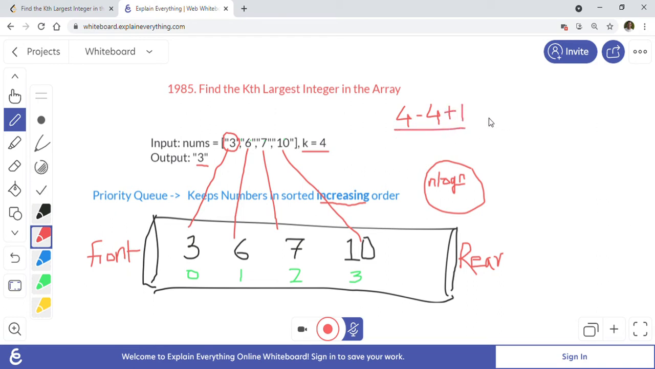So basically we are saying, give me the first element or first number from the priority queue. So it will just poll the first element here and we will get 3 in this case, right? So if, let's say, k is equal to 3 is given,